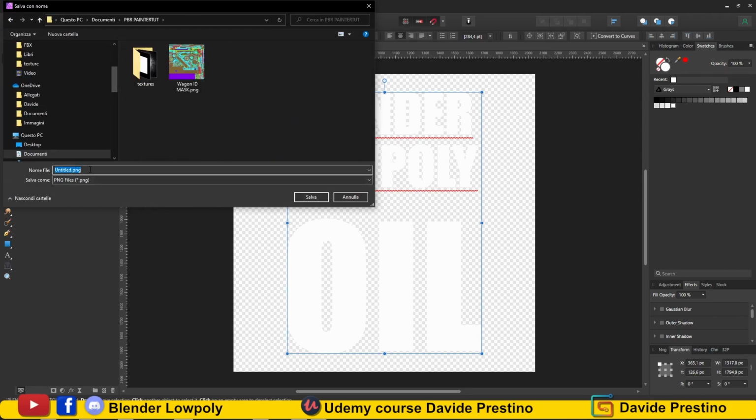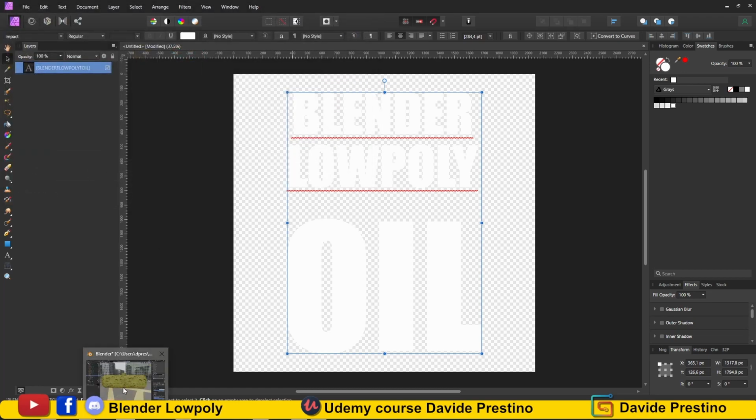With the mask I can draw any color on the tank. In my case a dark red.